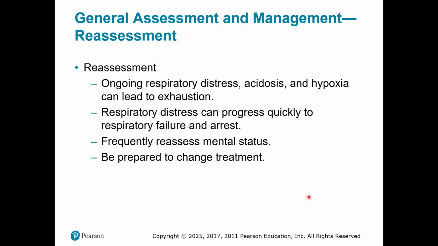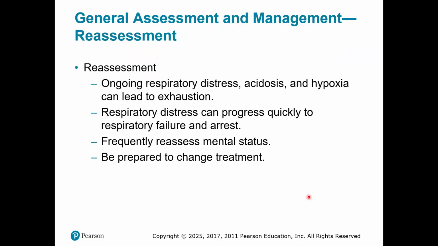All right, general assessment, management, reassessment. We're going to reassess continuously, every 5 minutes on your serious patient, every 15 for your more stable patient. What are we looking for? Well, we have ongoing respiratory distress, which leads to acidosis. Hypoxia can lead to exhaustion, right? So that's why it's important to reassess,